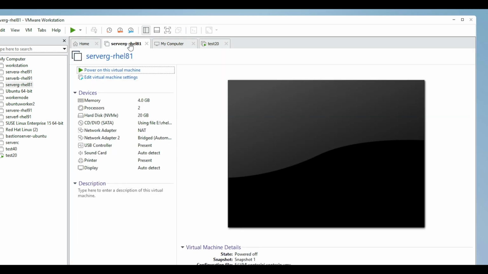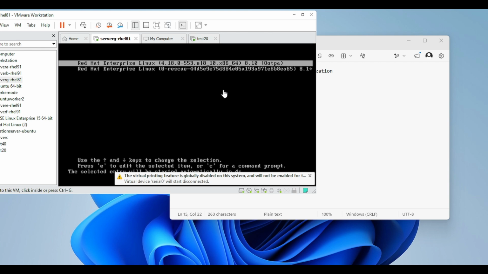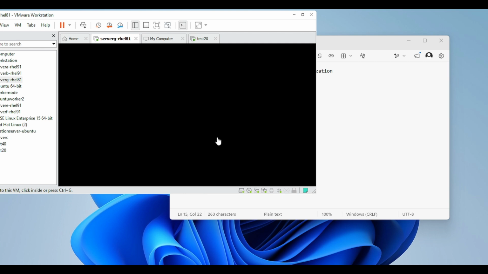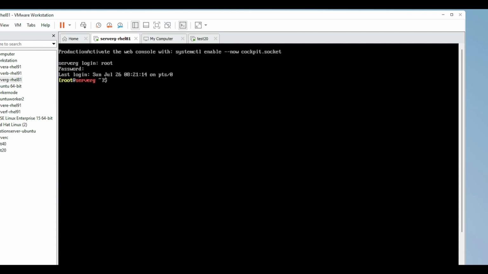This is on RHEL 8, but I need to give some tips on this. So whenever you register your machine, this will show like this.